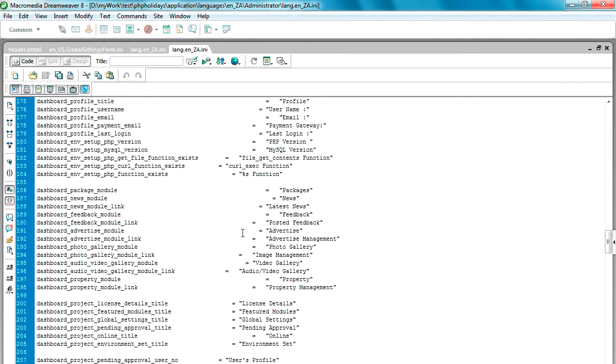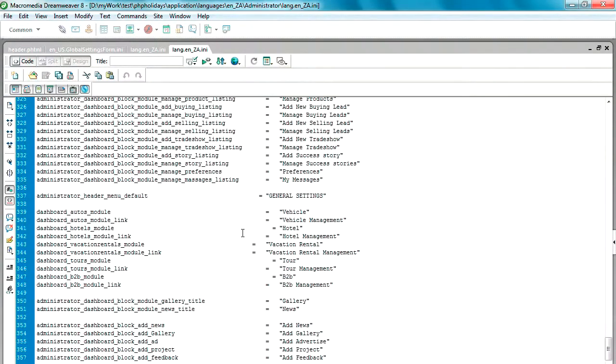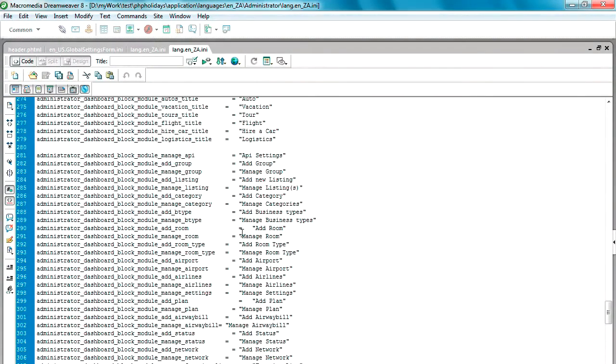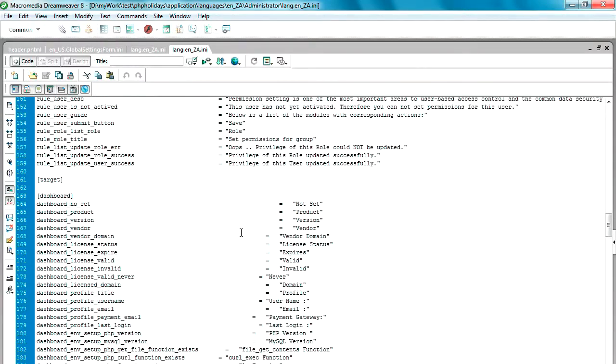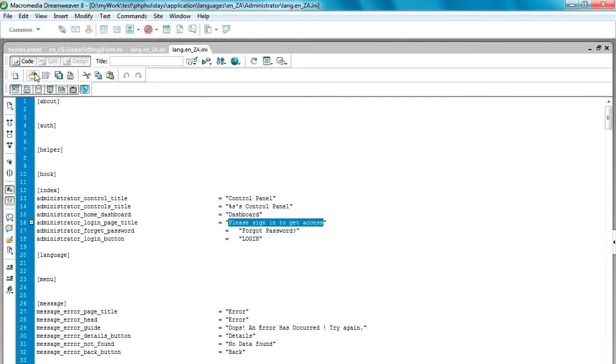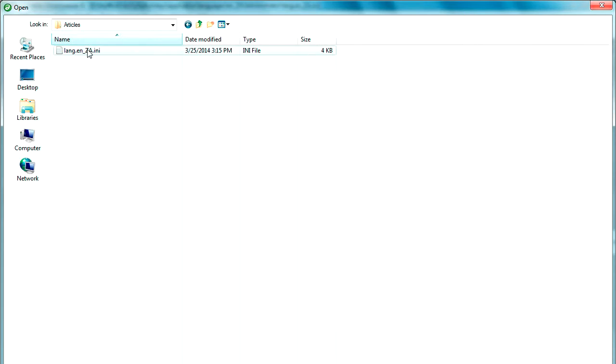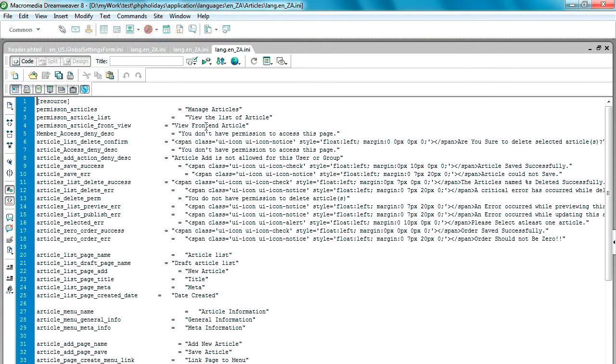between the inverted commas. As you can see, I scroll down the administrator folder. So I am now translating the administrative module. This way you can change any module you like. This is the article module. This naming convention will remain the same. This is the English text. So you must change it to your local